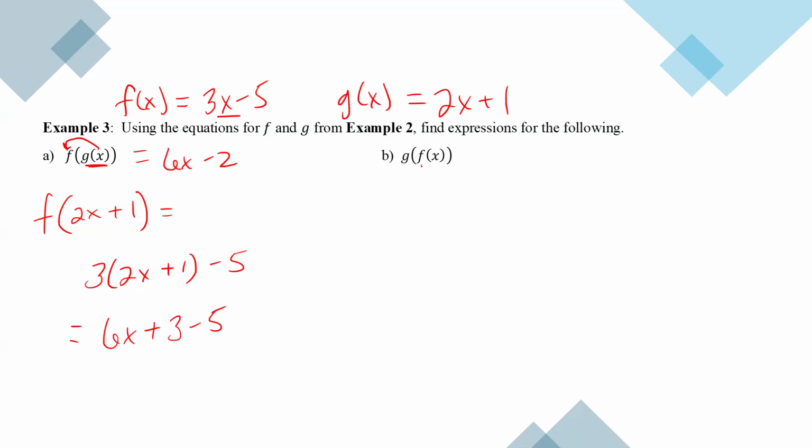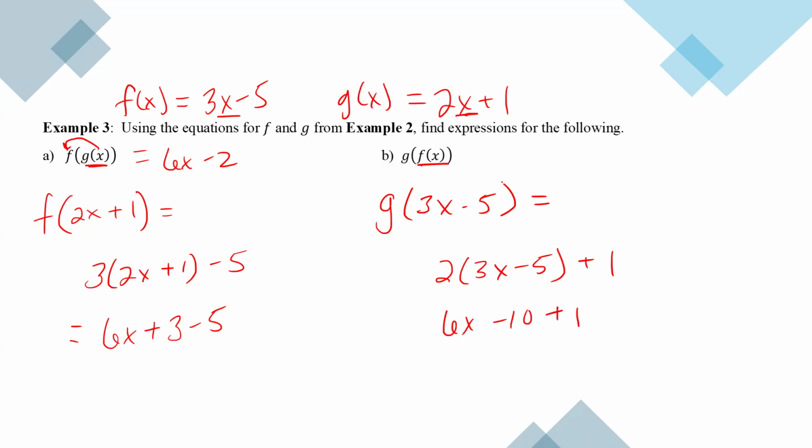All right, so our inside is f of x, and f of x equals 3x minus 5. So that means where x is in g of x, I'm going to replace it with 3x minus 5. So we're left with 2 times 3x minus 5 plus 1. Don't forget those outside terms already. So we get 6x minus 10 plus 1, which means our final equation is 6x